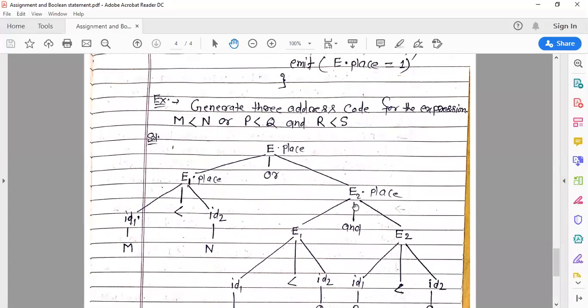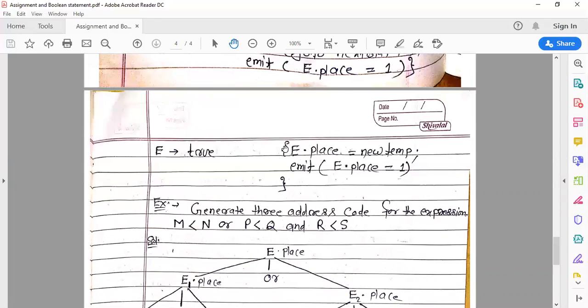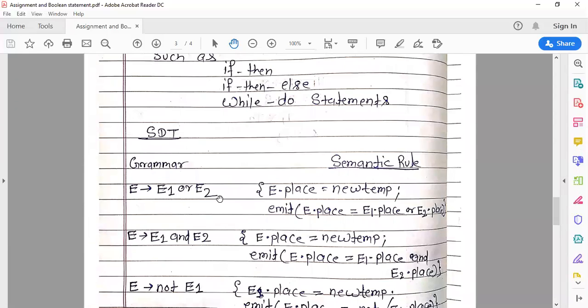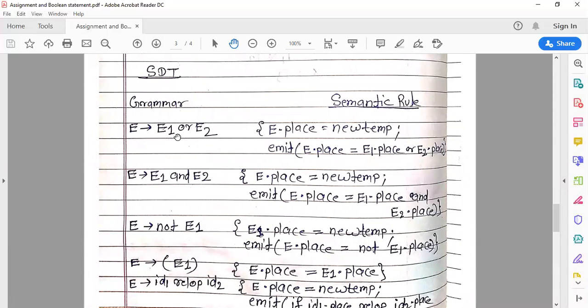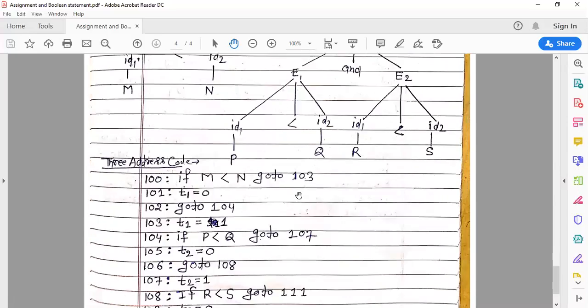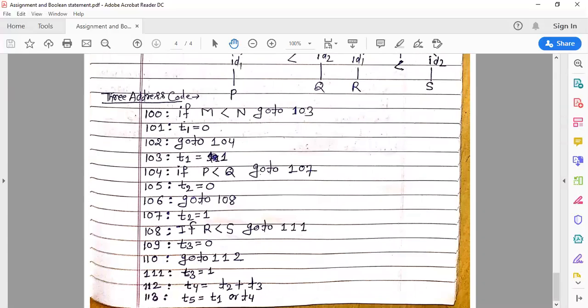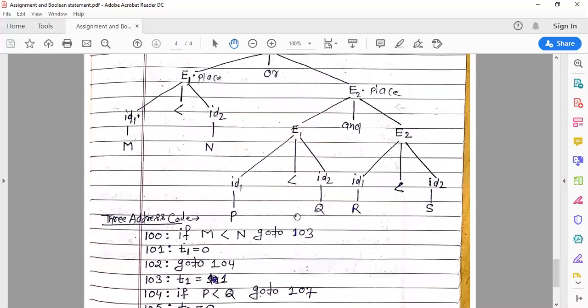Now when you come to this node, E or E is reduced to E. So we go to the production E derives E or E. The semantic rule for this production is E dot place is equal to new temp. I have already generated T4, so the next temporary variable is T5.